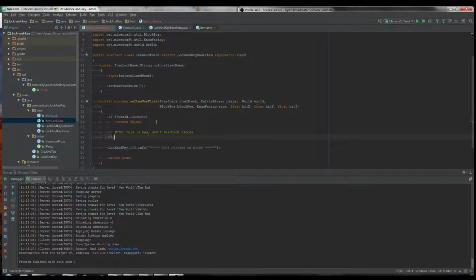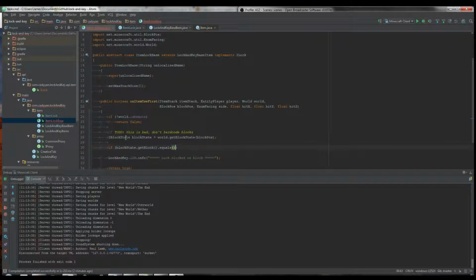So we can say IBlockState, which is the new way of doing blocks now. World.getBlockState. We have the block position. We'll import this. Then we need the actual block itself. So if blockState.getBlock